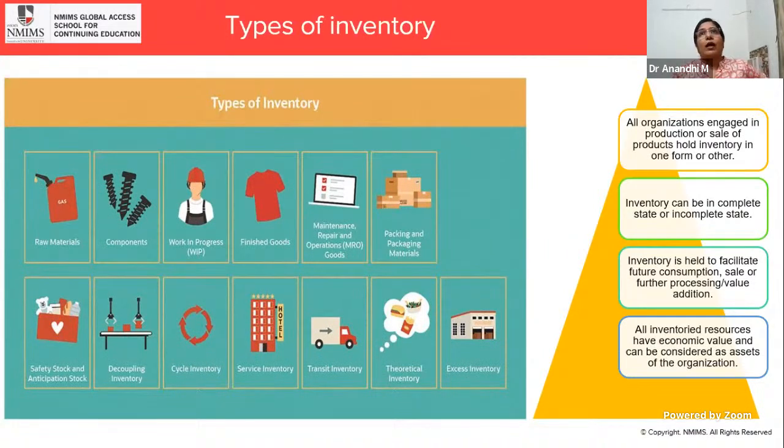Then safety stock and anticipation stock. So inventory itself is a stock. What is the difference between safety stock and normal inventory? The safety stock is an additional, extra stock, whatever you are holding to meet any emergency situation, any crisis situation. So for example, if you want to roll out 100 units of product per day,